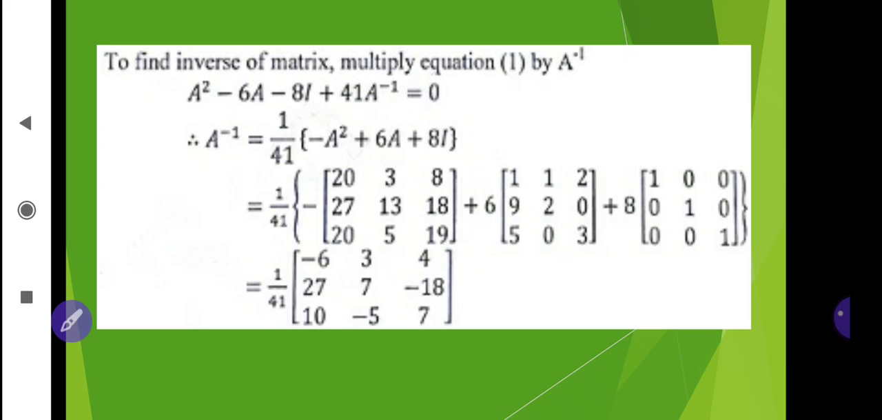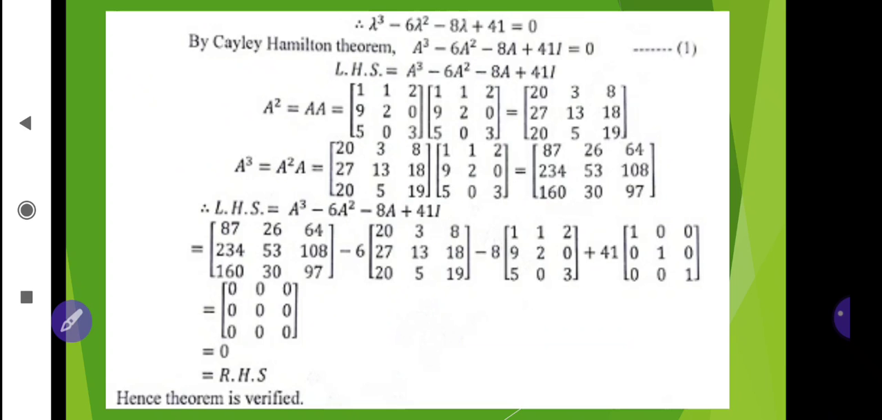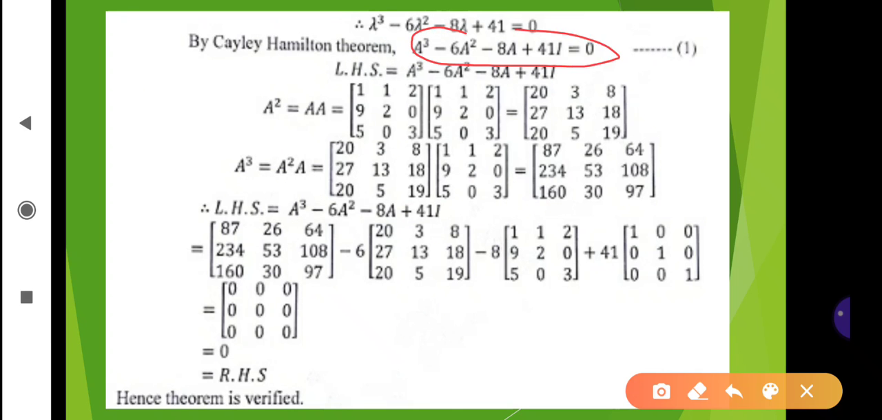Now let us proceed to the next part. In the next part, we have to calculate A raised to 4. So how to calculate A raised to 4? See the statement of Cayley-Hamilton theorem, that is statement 1, equation 1. Now to get A raised to 4, this is a cubic equation. So to get A raised to 4, we have to multiply equation 1 by A. So when you multiply equation 1 by A, we will get A raised to 4